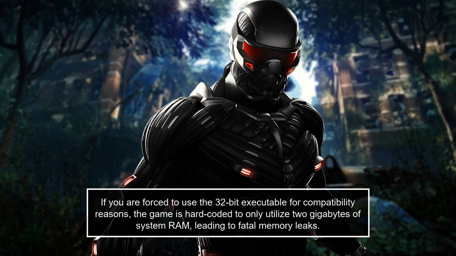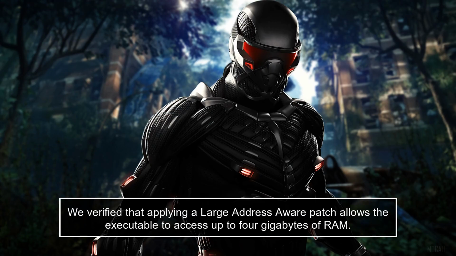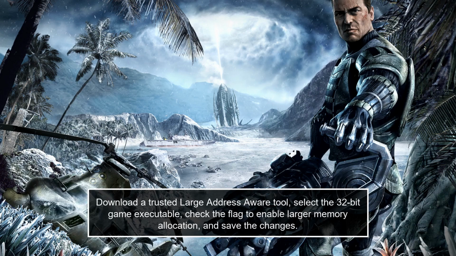If you are forced to use the 32-bit executable for compatibility reasons, the game is hard-coded to only utilize 2 GB of system RAM, leading to fatal memory leaks. We verified that applying a large address-aware patch allows the executable to access up to 4 GB of RAM. Download a trusted large address-aware tool, select the 32-bit game executable, check the flag to enable larger memory allocation, and